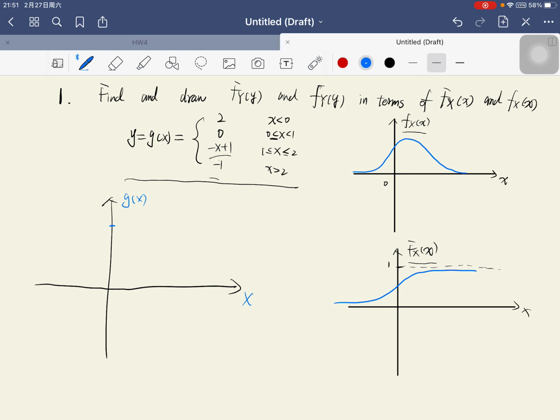when x is below 0, y is equal to 2, and when x is from 0 to 1, y is equal to 0, and when x is from 1 to 2, y is equal to -x plus 1, and when x is over 2, the y value is equal to -1, and we could